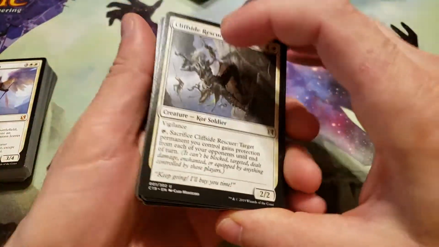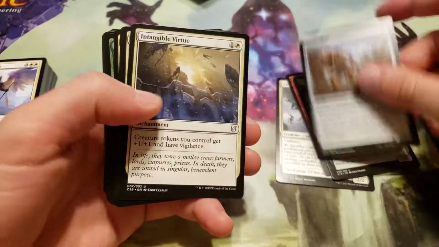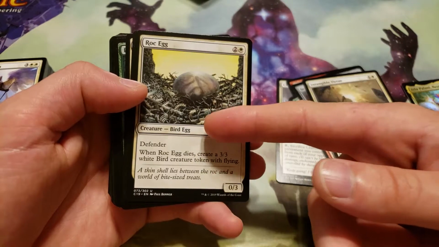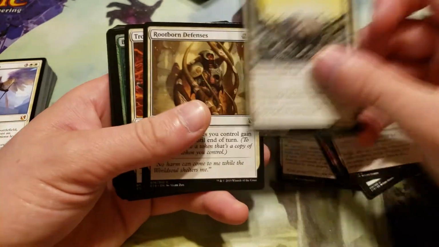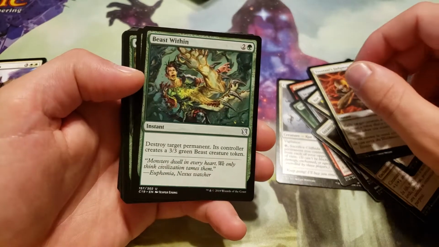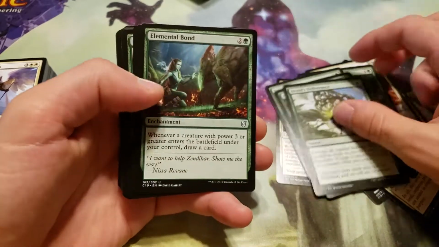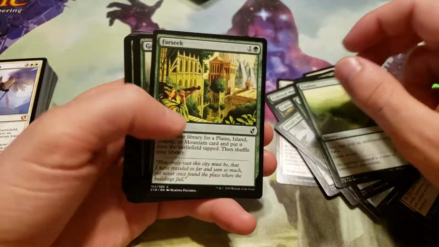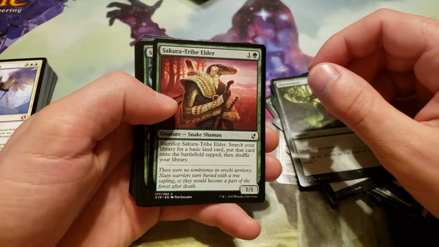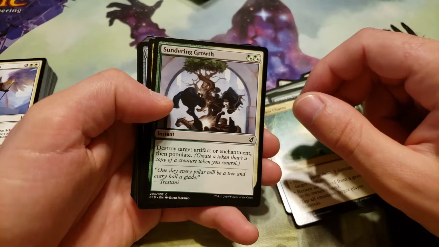We got our uncommons here. We got Cliffside Rescuer, Hate Mirage, Voice of Many, Scare Tiller, Intangible Virtue, Rock Egg. Okay, so it does have the Egg creature type in this one, so I guess they rectified all that. Rootbound Defense, Trostani's Judgment, Beast Within, Colossal Majesty, Cultivate, Druid's Deliverance, Elemental Bond, Explore, Farseek, Garruk's Pack Leader, Harmonize, Secure Tribe Elder, Slice in Twain, Naya Charm, Sundering Growth,